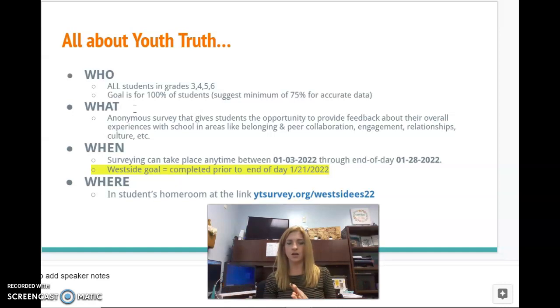So when the window is open now. However, ours is going to be starting on Monday, the 10th of January, and we're going to go till the 21st of January. It's trying to be the window that we have 100% of our students surveyed in, so that we have an extra week to make sure we catch any of those outliers, and we're doing things ahead of time.